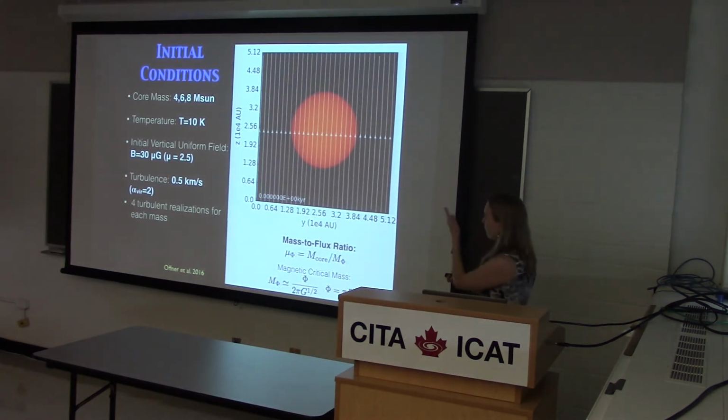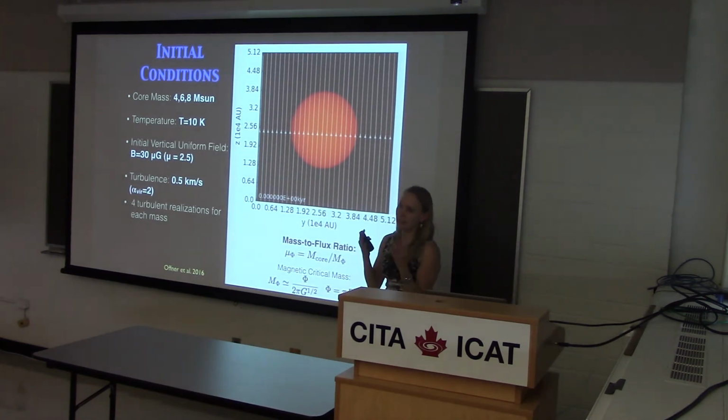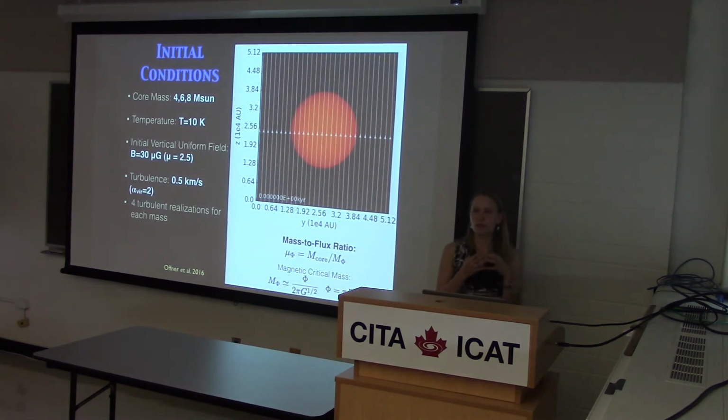My original study of looking at different core masses and magnetic field strengths had been to look at star formation efficiency in the dense gas. But that becomes much more difficult when you have 2 stars forming instead of 1. So it's not quite the controlled experiment I was hoping for. But in any case, I have enough of these simulations to do statistics, with different masses and a variety of different turbulent realizations. The turbulence is slightly different in all of the different cores.